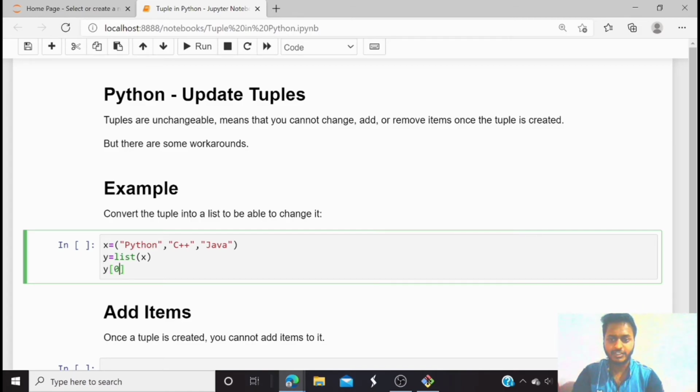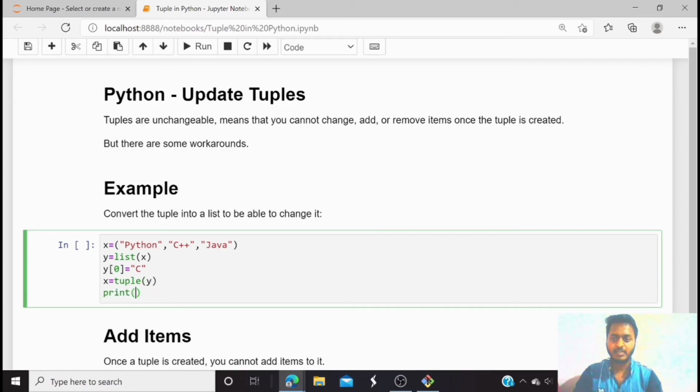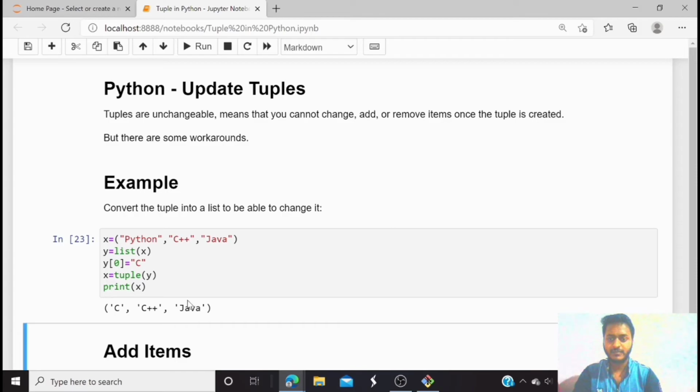Y of 0 is equal to C. I am changing its 0th position value to C. Now I again convert the list into a tuple. X is equal to the tuple constructor with the variable Y. Now let's print X. Here you can see C, C++ and Java. Here the value of X was Python, C++ and Java. The Python value is replaced by C. In that way we can update the values of the tuple.